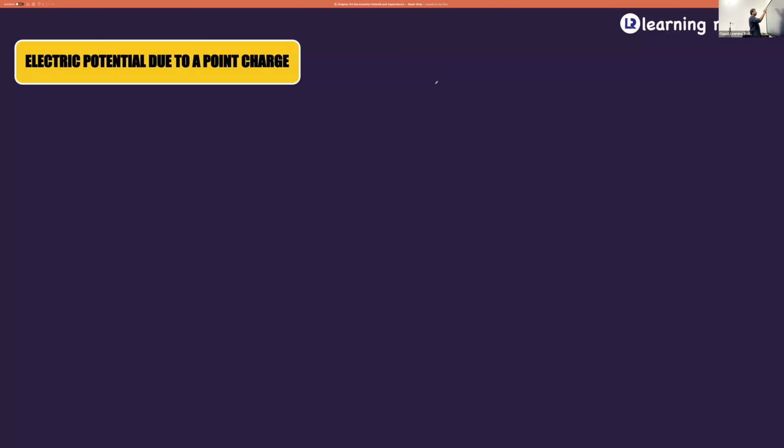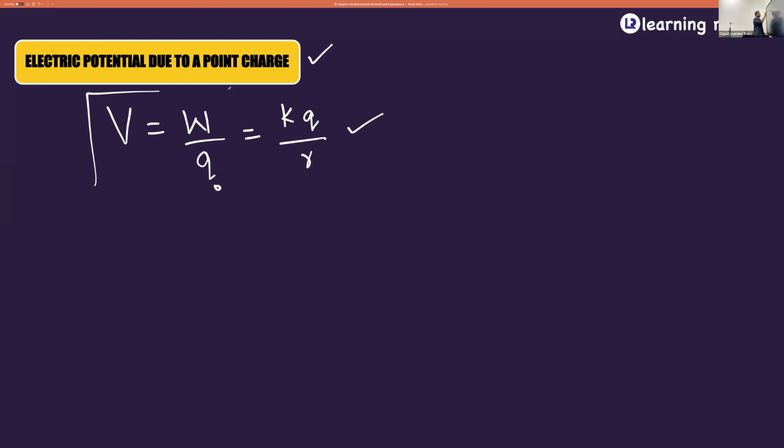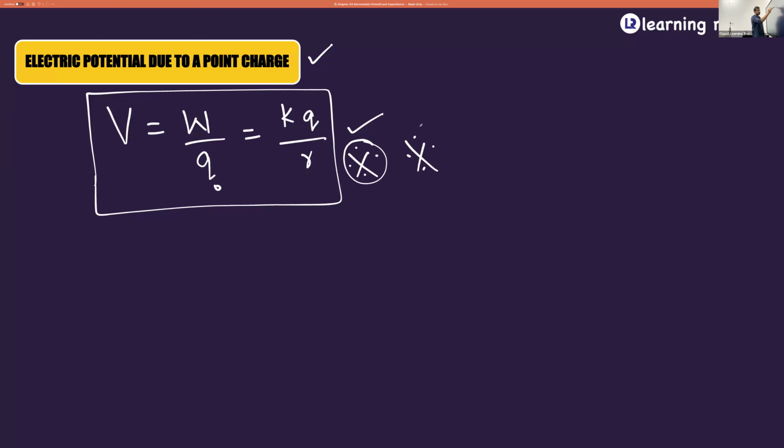The question is electrostatic potential due to a point charge. So what is the value of electrostatic potential due to a point charge? That's what we calculated. V is equal to W divided by q naught. It is going to be KQ divided by R. Are you able to understand? So it is going to be KQ divided by R. And this value is to be remembered. This is the electrostatic potential due to a point charge, and it is very, very important.